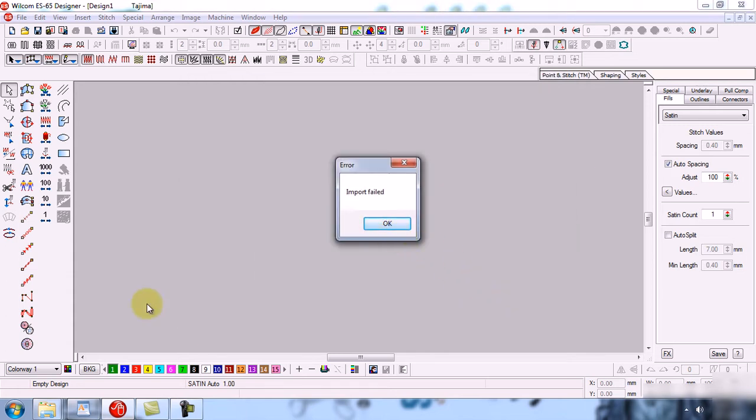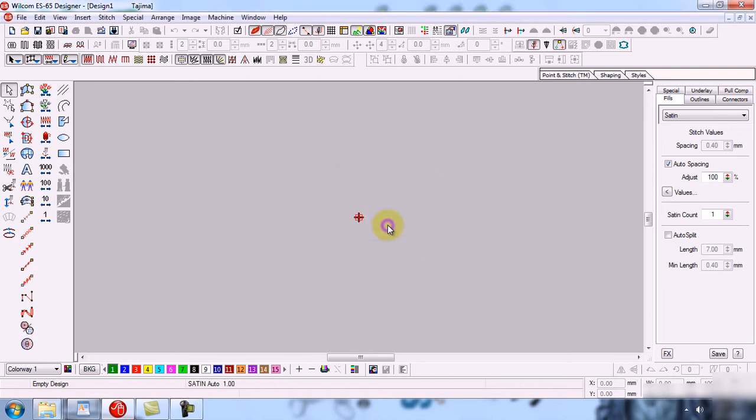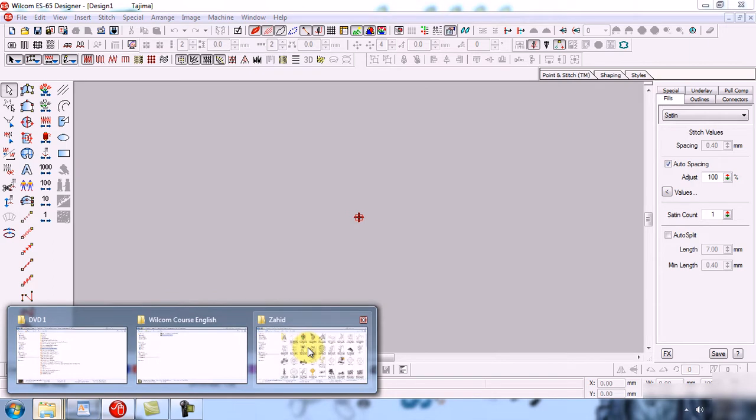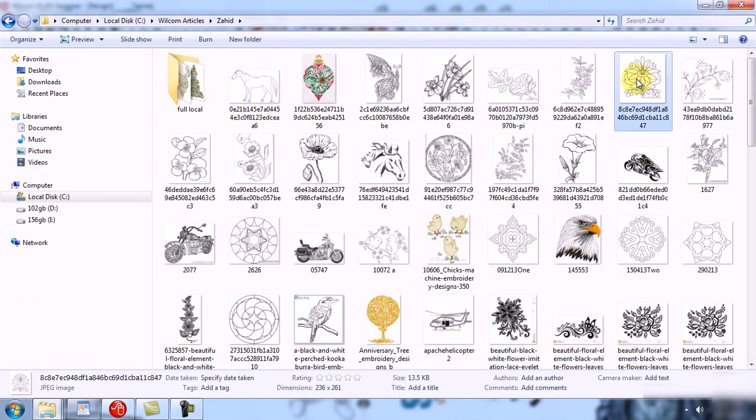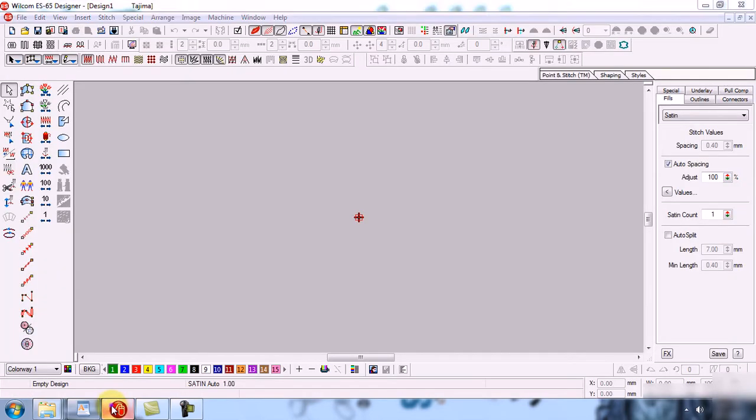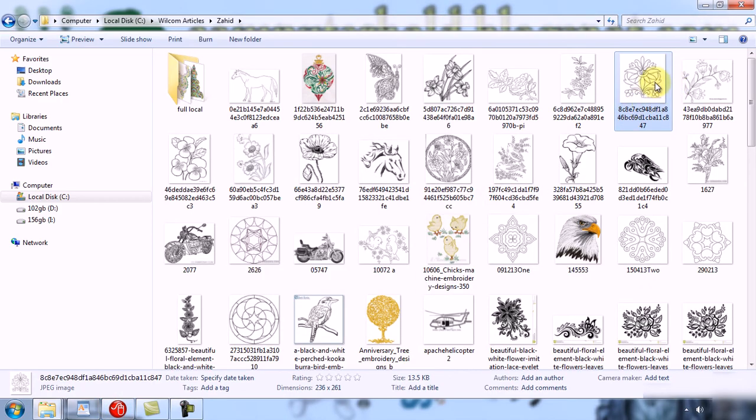Now you can see the error about import failed. If you find any error like this, for example when we are opening this image in Welcome Software and it is not opening, you have to change the format of this image.